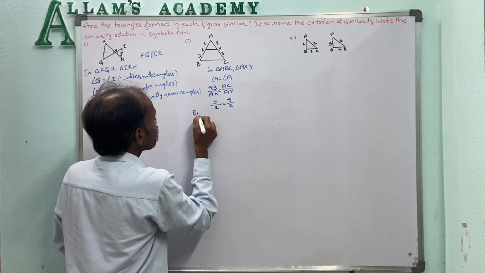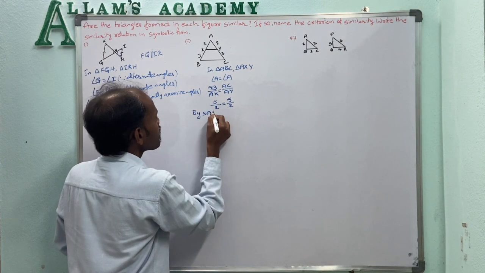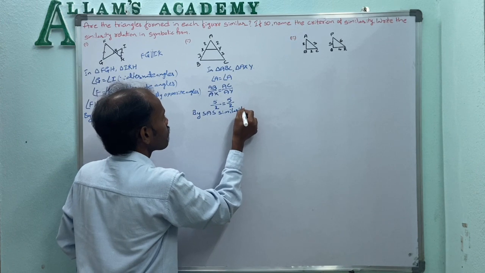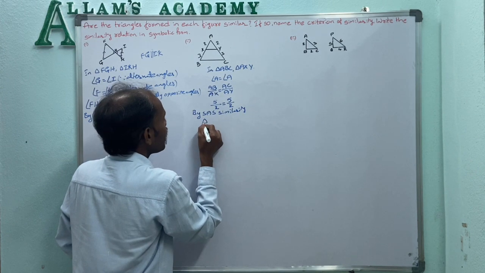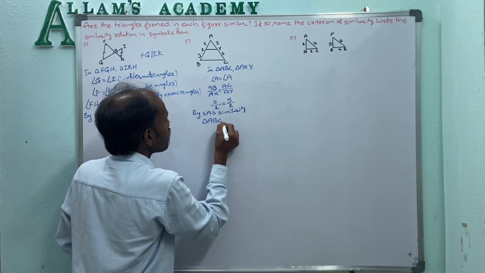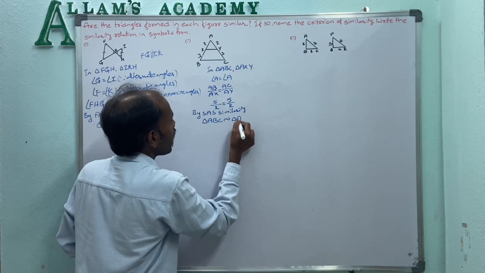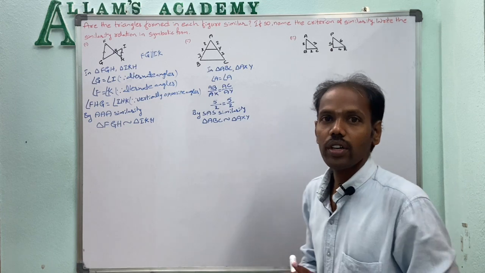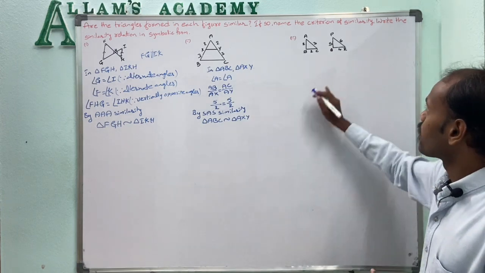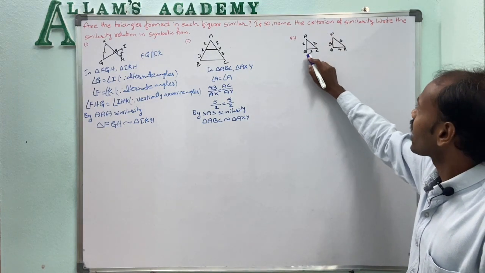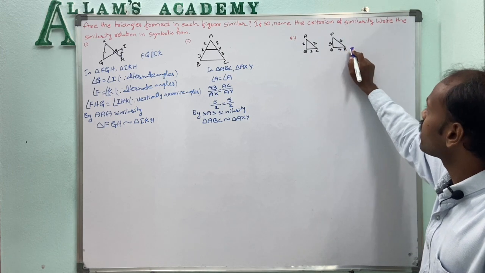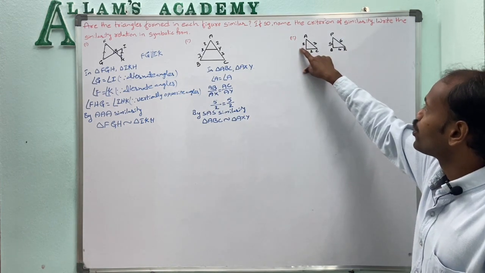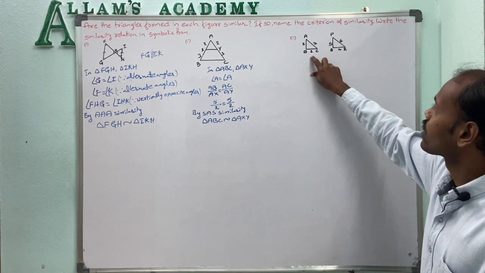So by SAS similarity, triangle ABC is similar to triangle AXY. Okay, in the next problem, given triangle ABC, AB side is 2 units,